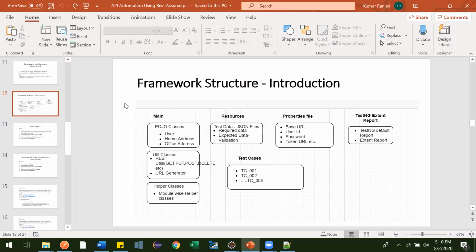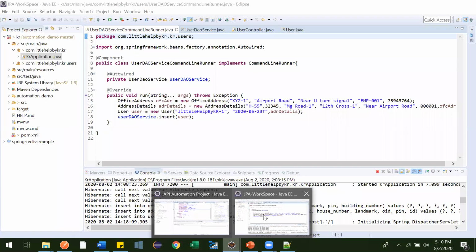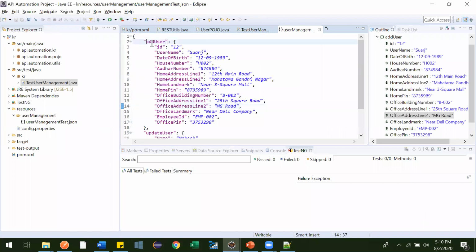So that's it for this video. We are done with this resources creation, and in the next video I'll create the helper class, and then we'll start writing our test cases. Sorry, in the next video we will be creating one method to read these JSON files. So whatever data we have created, we need to create one method.